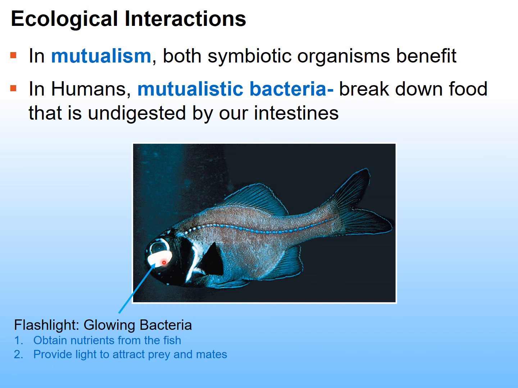This is a really cool one, though. We've got this fish, which have these glowing bacteria that live on the fish, and they obtain nutrients from the fish. And the fish obtain the benefit of having this light, which can attract prey, and then, of course, maybe attract mates as well, right? So maybe the females of this fish are more attracted to a brighter, bigger flashlight, I guess, if you will. Remember, we've talked about this before with the